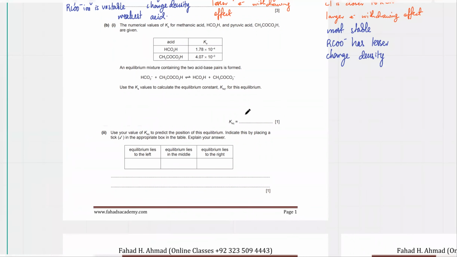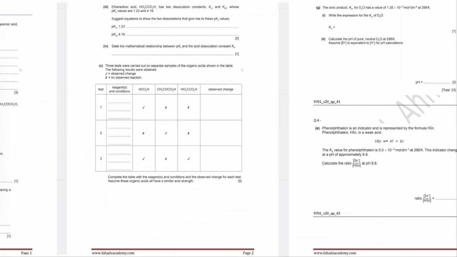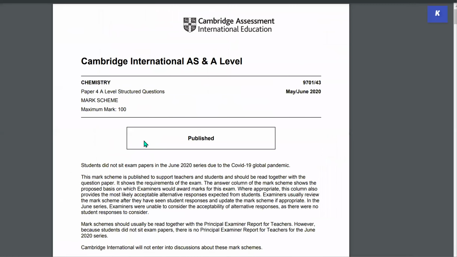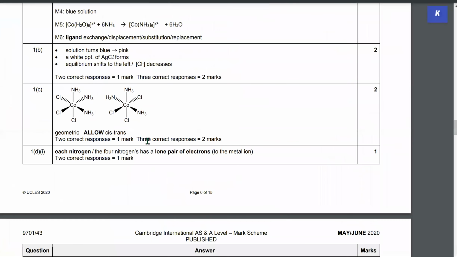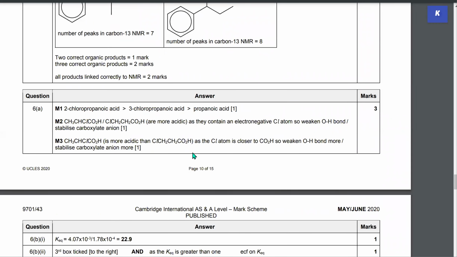So I think this is S20 QP42. So maybe it's